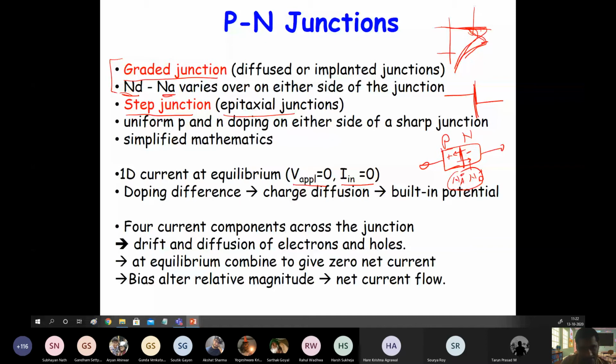Now, when you apply a voltage, right? In that case, electrons and holes, both will take part in current. So current can be due to electrons and current can be due to holes. There are two mechanisms: drift and diffusion. So it can be due to drift of electrons or diffusion of electrons. It can be due to drift of holes or diffusion of holes. So there are four components basically, right? Now, not